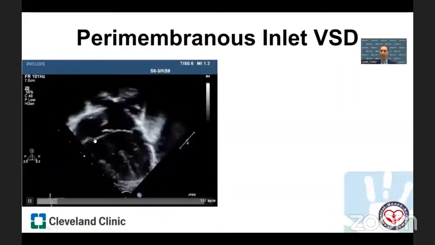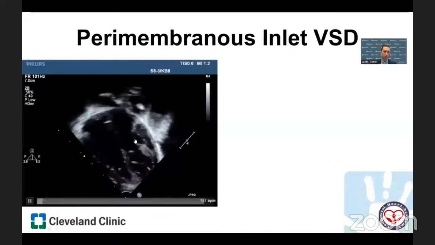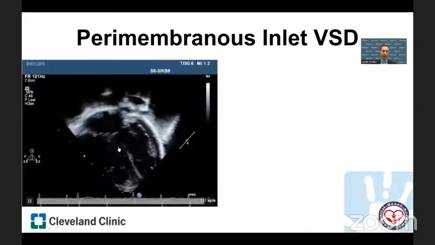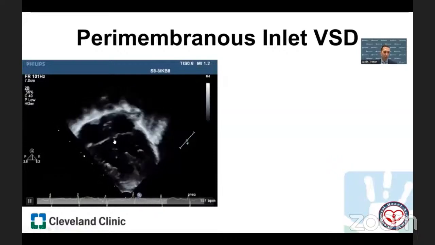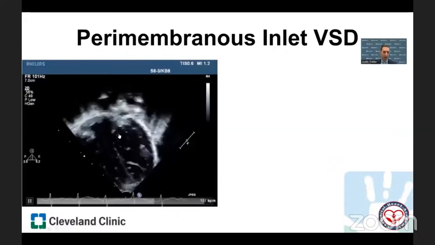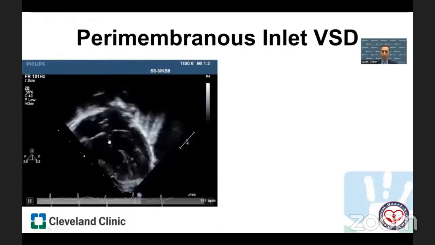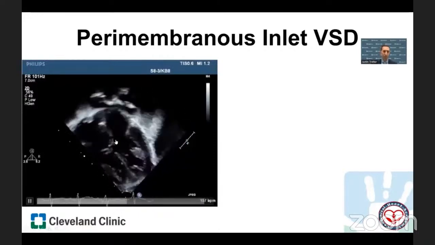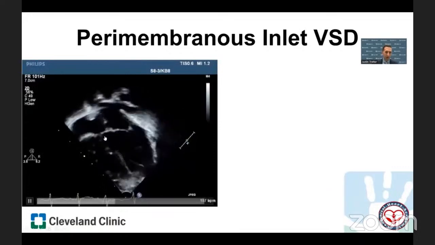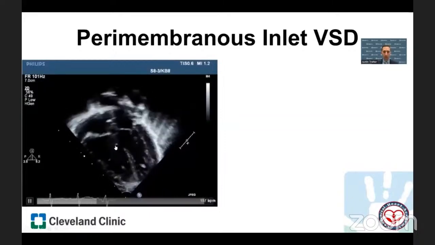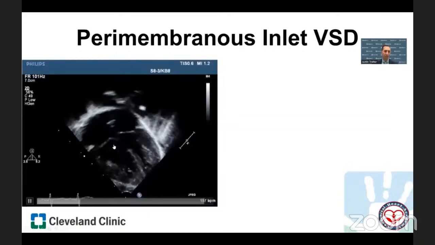So for perimembranous inlet VSDs, historically, providers often turn their attention to a 4-chamber cut, which is good, but we can easily get an oblique plane in these long axis type cuts where we're not viewing valves en face and we can't be as certain of our plane of cut. So here is a 4-chamber view. We see all 4 chambers. We see the AV valves, they have lost their normal offset, which is not only seen in AV septal defects, but can also be in perimembranous inlet VSDs. So they've lost their normal offset, both the tricuspid and the mitral valve. We see them in fibrous continuity. This suggests that there's inlet extension.